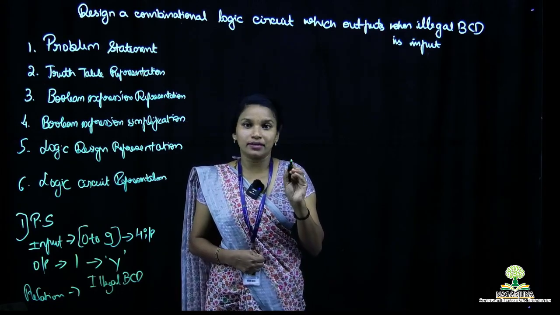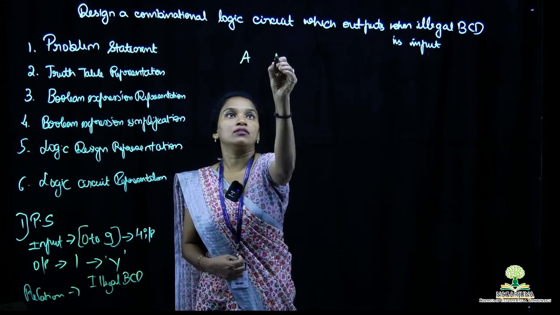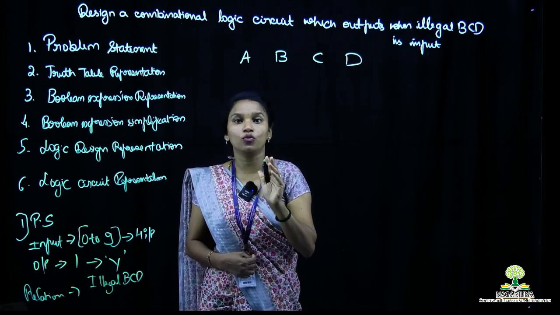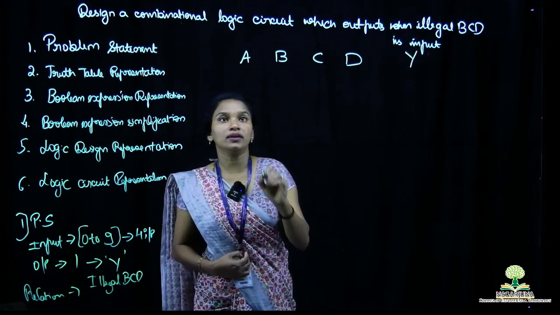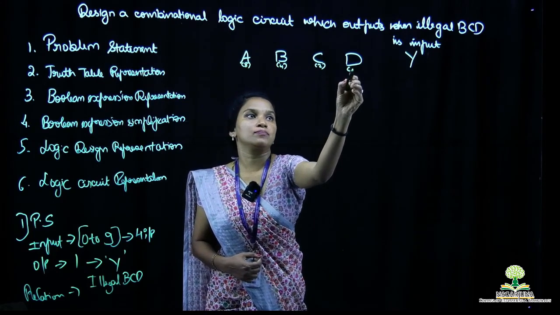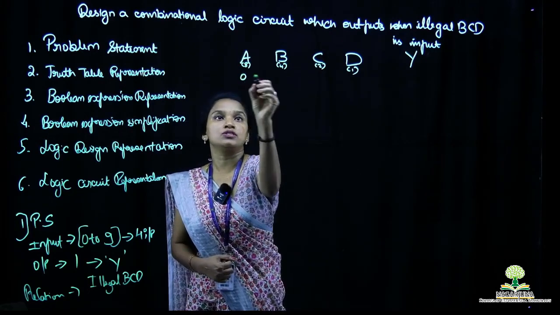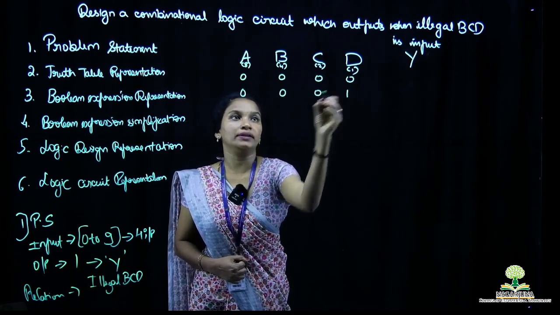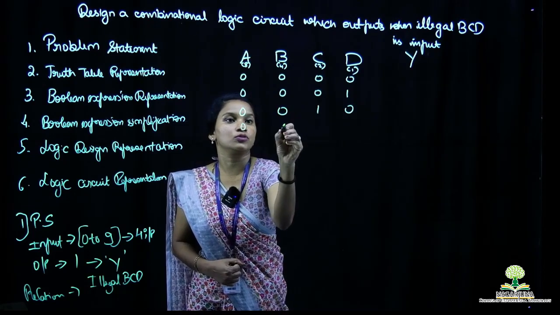Second is the truth table representation. Now we know what a truth table representation is. As we have decided, how many inputs will we have? 4 inputs, namely A, B, C and D. The output we have with us is Y. Now we all know that we will go with the 16 combinations, that is from 0 to 15, in the 8421 code system. The first one will be 0000, next one will be 0001, next is 0010, then we have 0011,